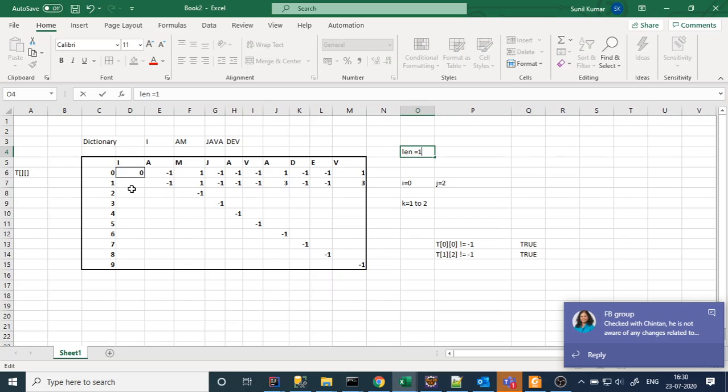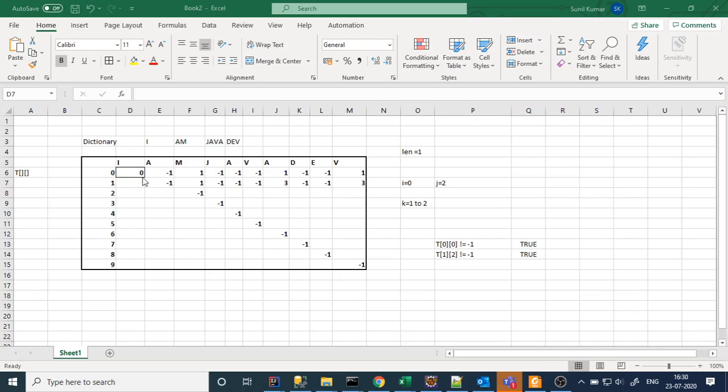If the length equals 1, it means first I will come here and see that this is the particular string where the value of t of 0 0 equals I. Since t of 0 0, I, is existing in the dictionary, this is our dictionary basically. Yes, it is existing, so the value of I is initialized.